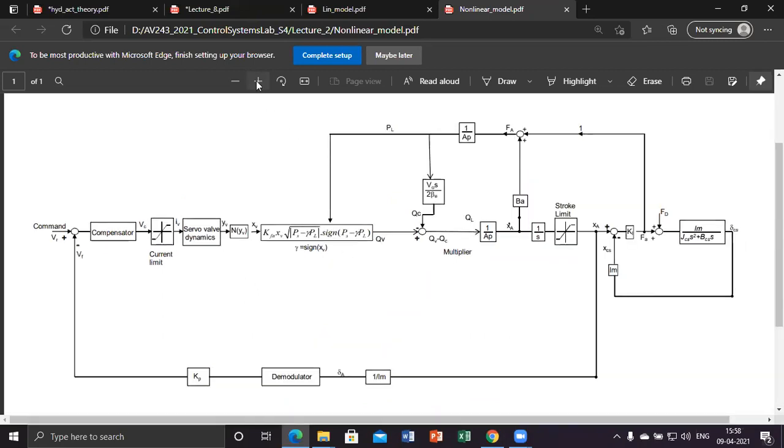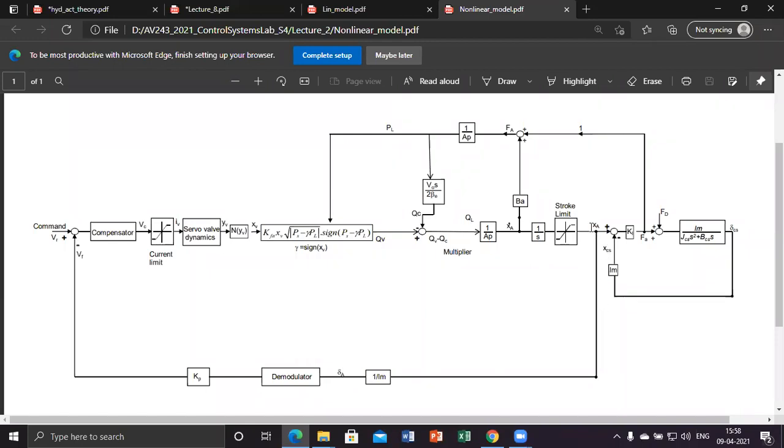Can you see this diagram clearly? Yes. So this is a command. There is a command coming from autopilot to deflect a control surface. And that I expressed in terms of the equivalent voltage. You can also express it in radians, because the sensor scale factor is given in the feedback path. Delta A is the equivalent of XA. We assume the same lever arm length because here everything is interpreted as deflection.